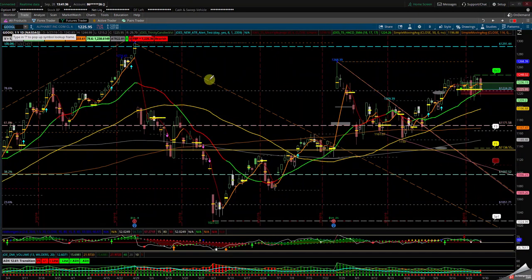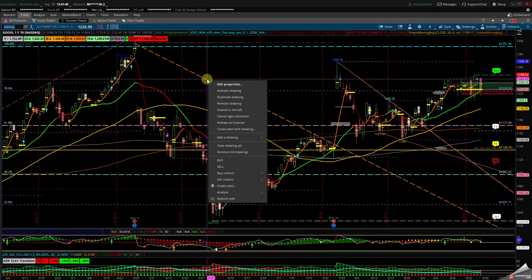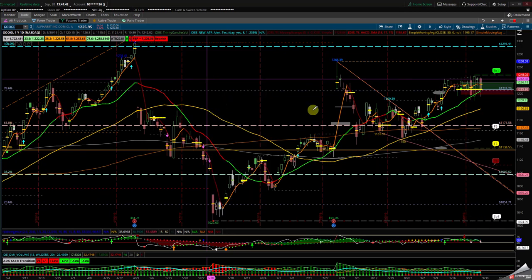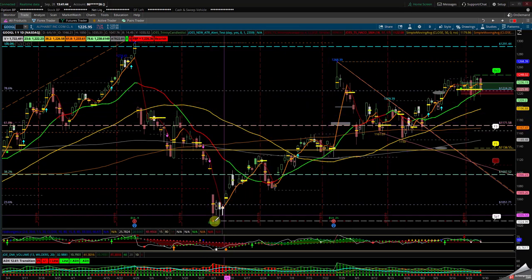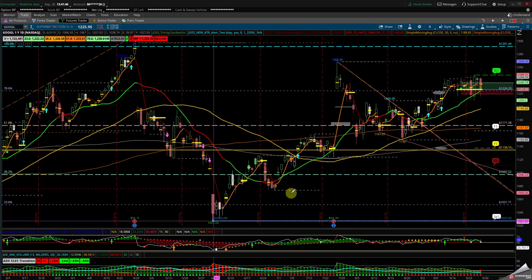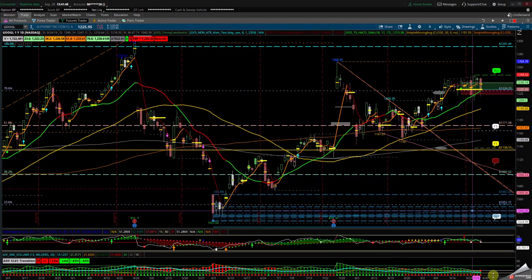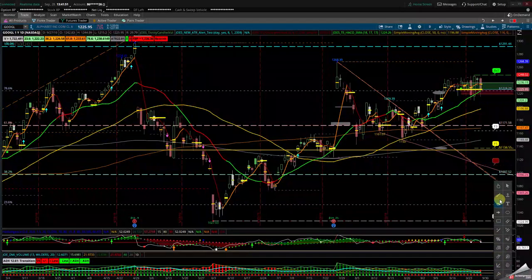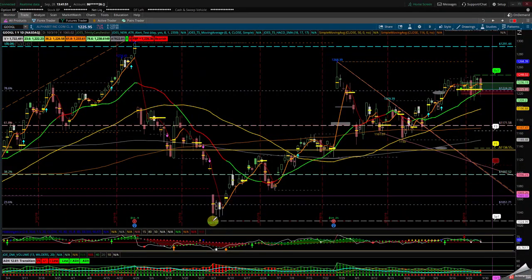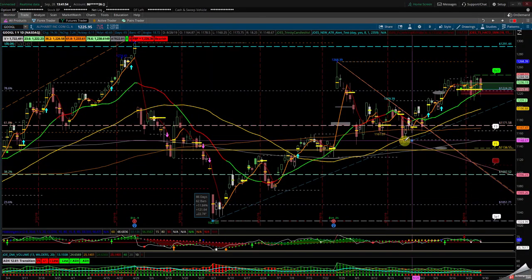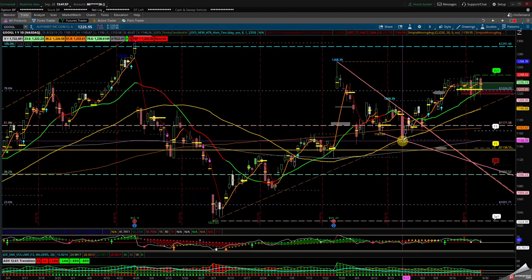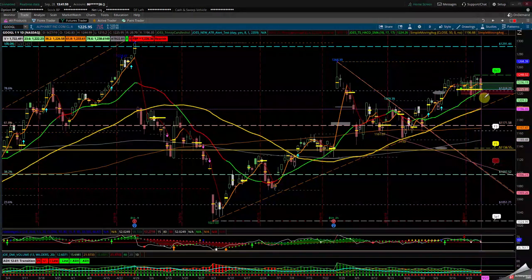Google was one of the instruments that was really holding better than a lot of the other ones. I'm going to remove this because it's no longer valid. We're going to grab this channel here to the nearest. Oops, this is the Fibonacci's, my mistake. Channels. We grab this area here to the nearest high here, and we draw it. We're going to hold the 50 SMA.